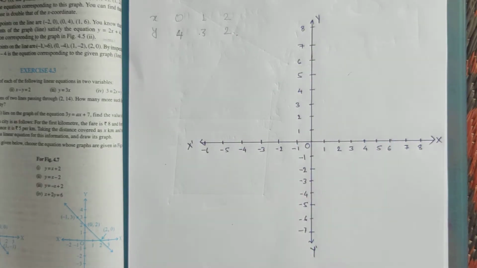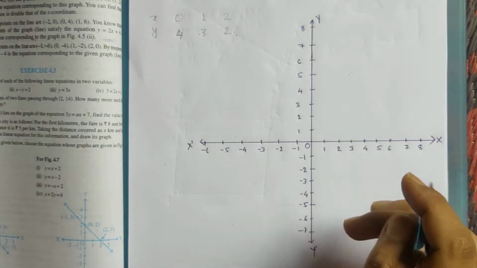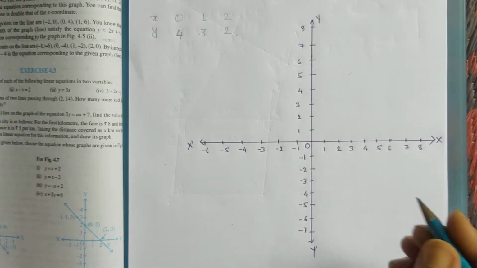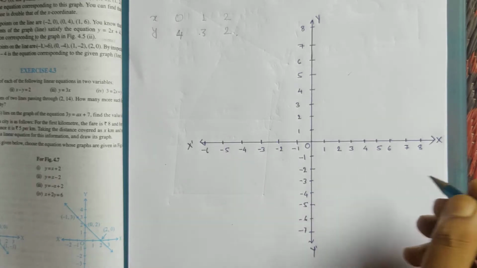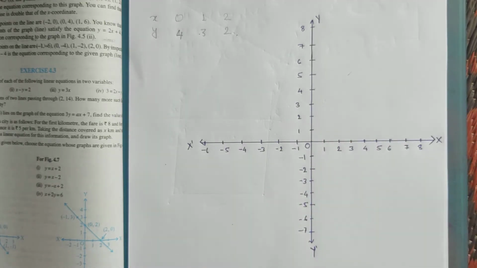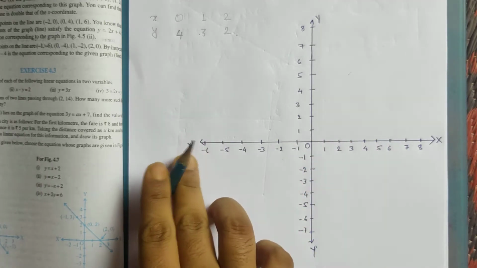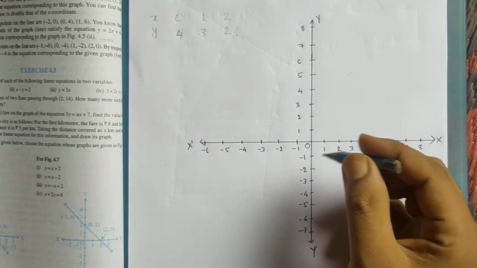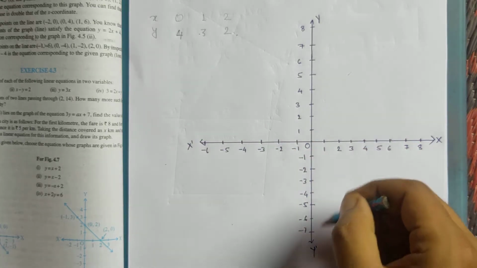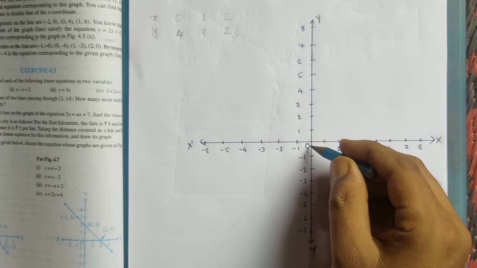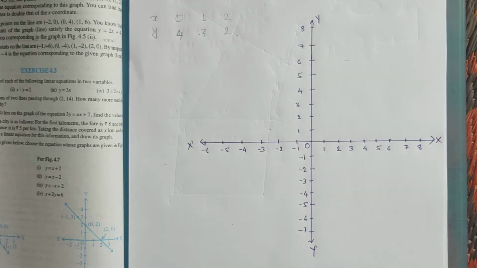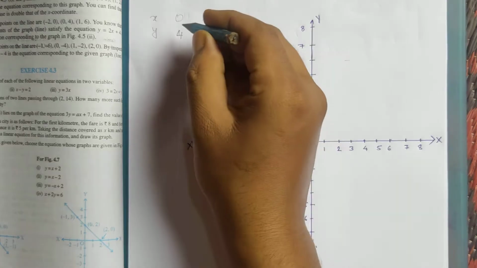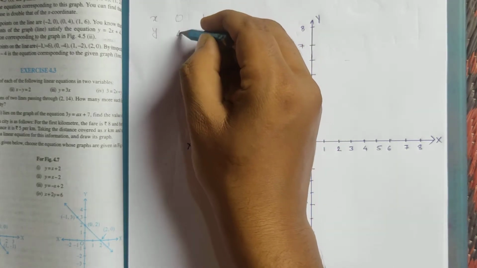So there is a graph paper. You have to take graph paper. I am taking a simple paper and making a graph of the x-axis and y-axis. There are two axes: the negative x-axis from O to OX dash, the negative y-axis from O to OY dash, the positive y-axis from O to OY, and the positive x-axis from O to OX. Okay, now firstly we have to take the first coordinate, 0 and 4.